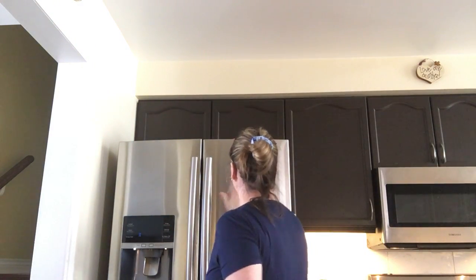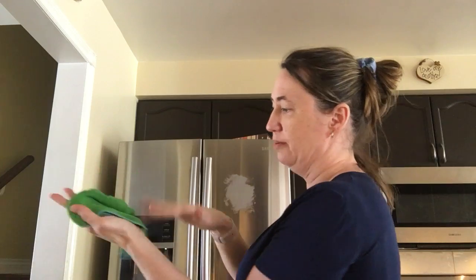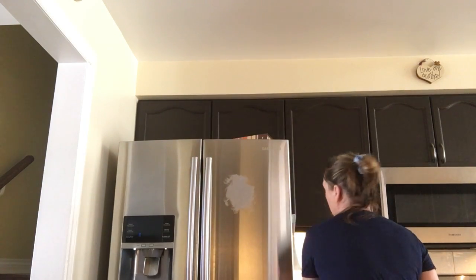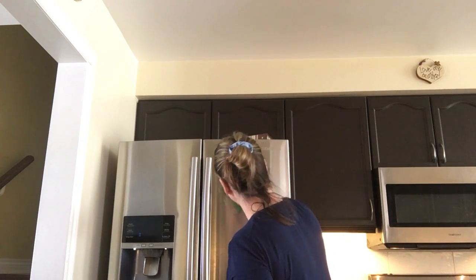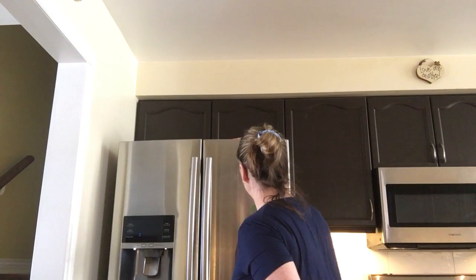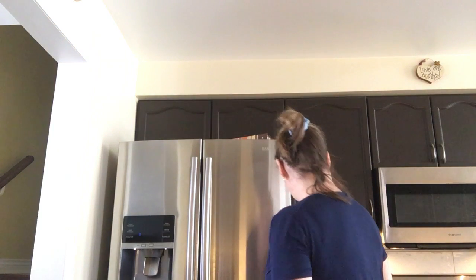So I'm just gonna smear that on because this is to show hand grease and whatever. So I'm just gonna wipe that on there because ew. Okay. And as you can see, you can't even see it on there. So I'm going to flip it over on this side to make sure I get this good. And I'm just gonna wipe it off. Okay, flip it around. Okay, but it's not as perfect as I'd like it to be. So I'm gonna just dry this with my